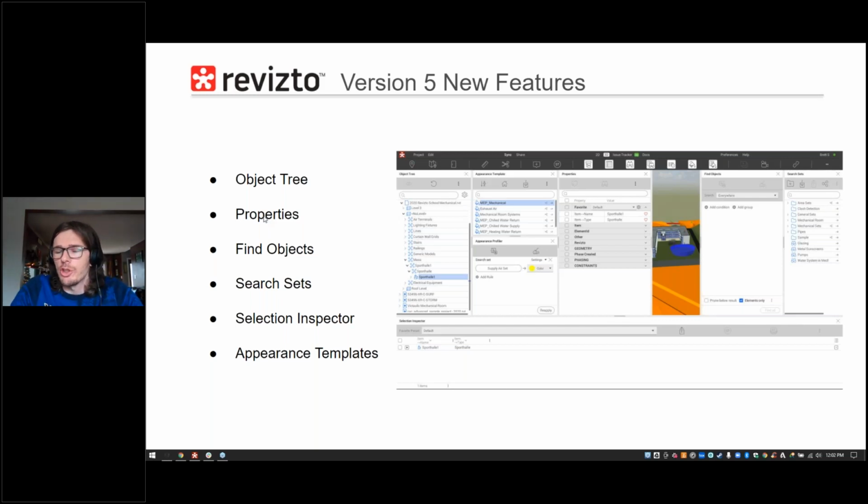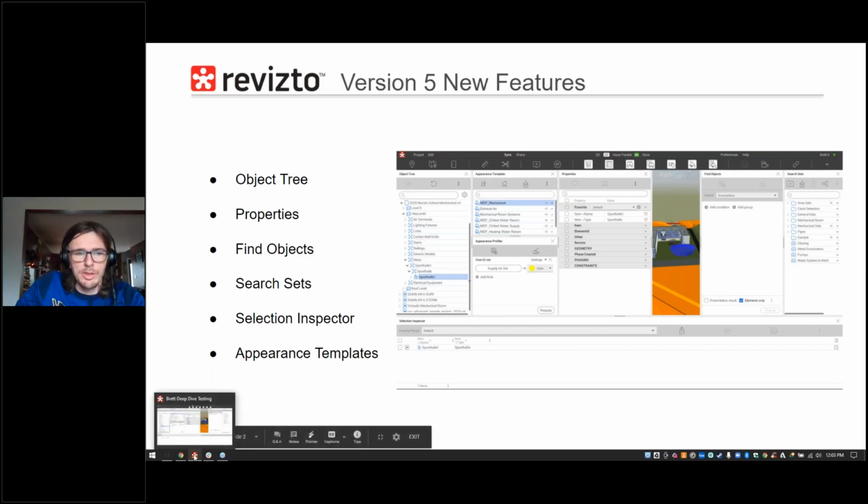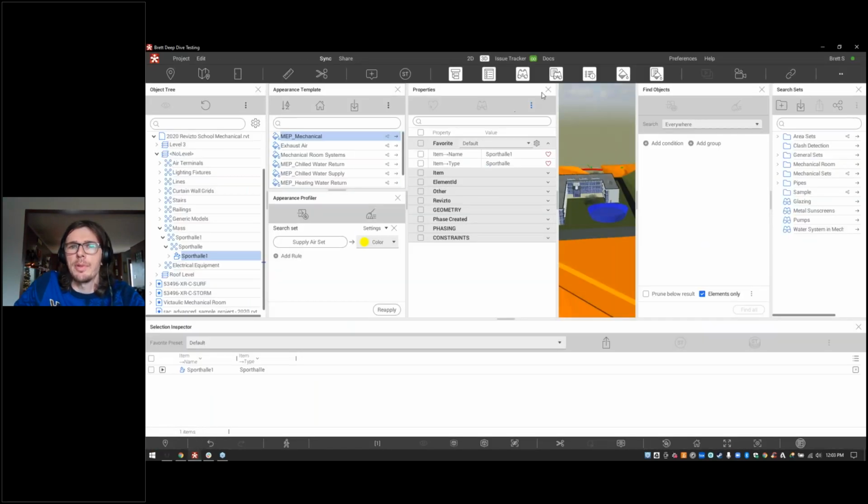The ability to search for these various objects using a number of parameters, the ability to save those searches and reuse those and distribute those across the team, the ability to see what individual items you have selected inside of various search sets or manual selections, as well as our ability to manipulate the appearance of the model and template that information out. So what I'm going to do is I'm going to jump right into the application, and